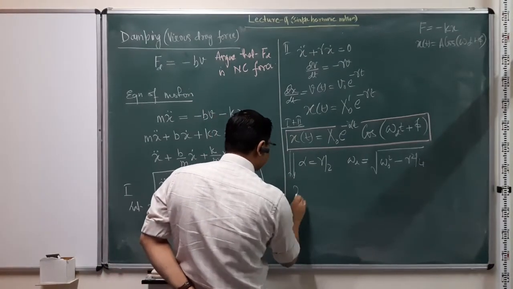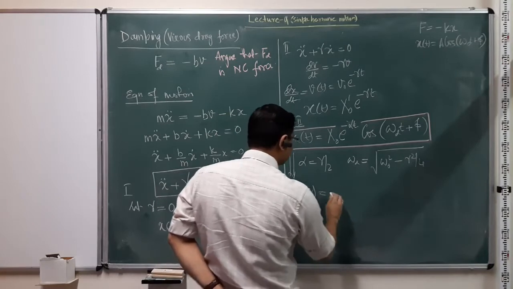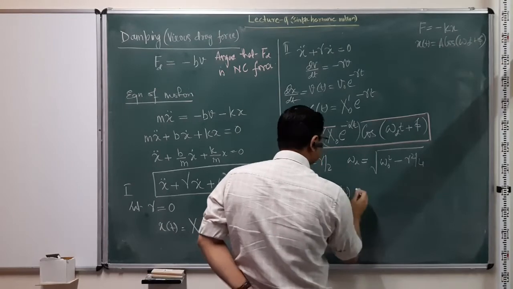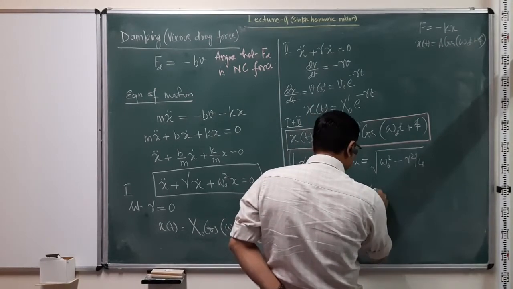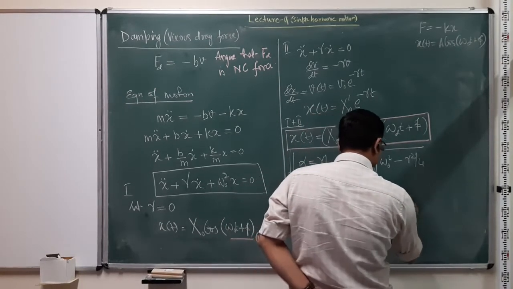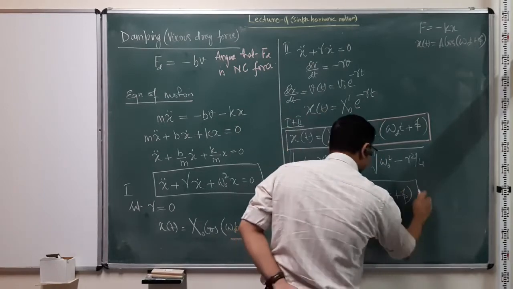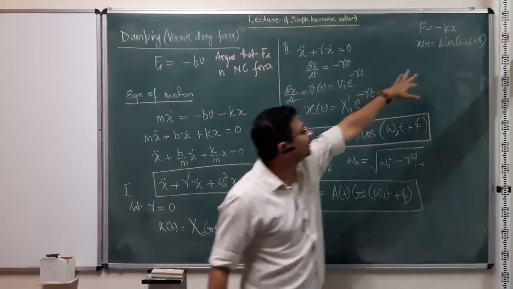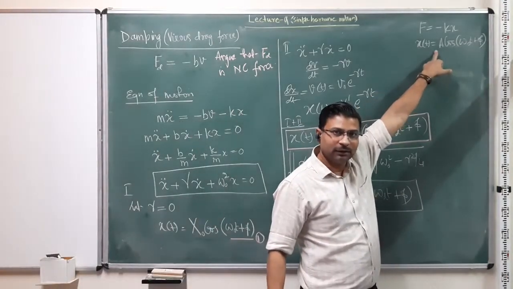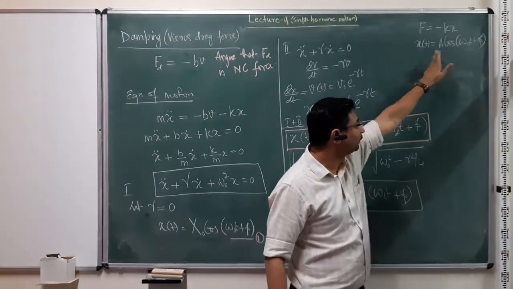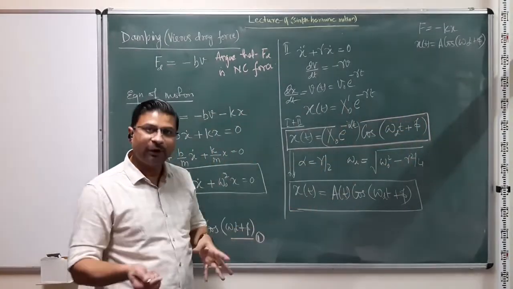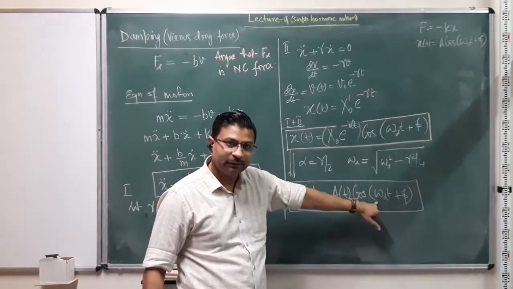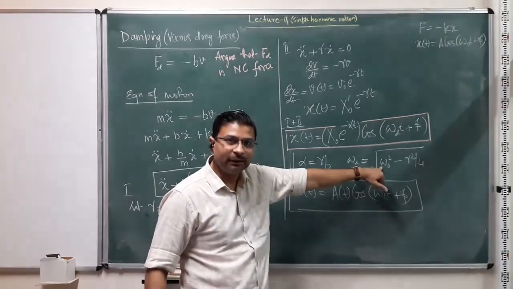Same equation, then I can again rewrite it, taking this term as some amplitude, and the periodic function phi. When we write it down this way, it looks more or less the same as the equation of the harmonic oscillator solution. So that means this is also going to show us periodic motion. The periodicity of that motion is governed by omega d, which is different from the natural frequency, right?